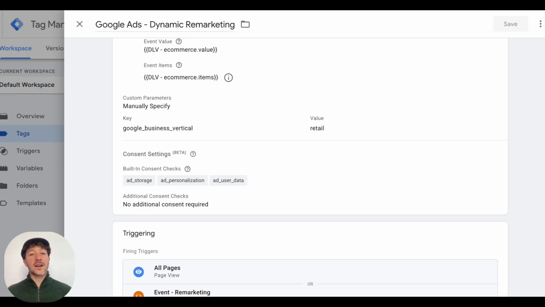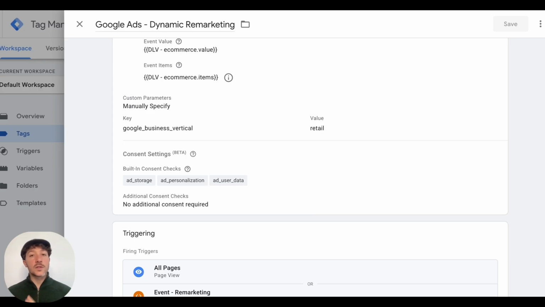One important thing I can't leave unmentioned, and this is the data privacy or consent settings, because I'm based in Germany, so this is very highly relevant here. But of course, dynamic remarketing is personalized advertising. So depending on your country, you usually need explicit consent before you're allowed to fire the remarketing tags. With the Google Consent mode, this is a little bit different because they adapt exactly to the consent which was given. So in my setups, I use the Google Consent mode version 2 and a GDPR compliant cookie banner, so